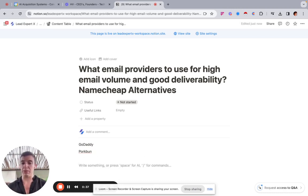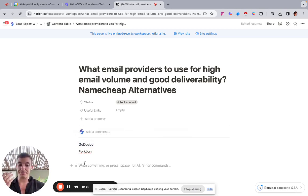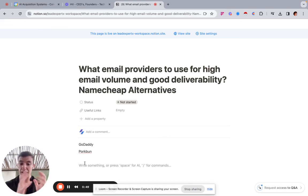Now, the really cool thing about using GoDaddy is they have a deal with Outlook. And the deal is essentially that you're able to get emails and you can buy licenses directly from GoDaddy for Outlook. So you're able to get them, I think, for about $6.30 per license if you do monthly, which is